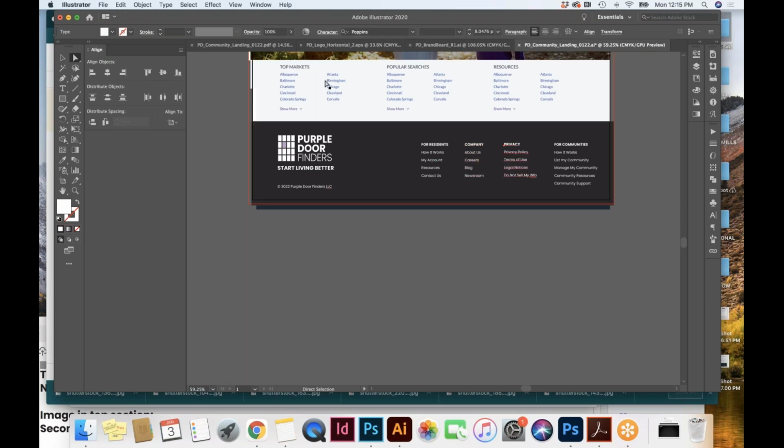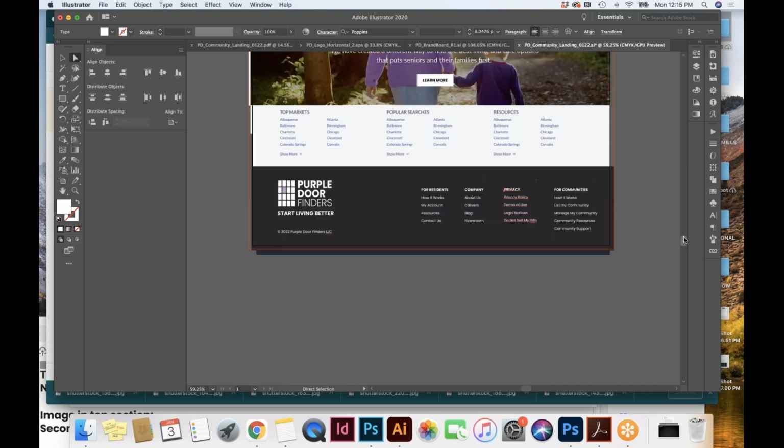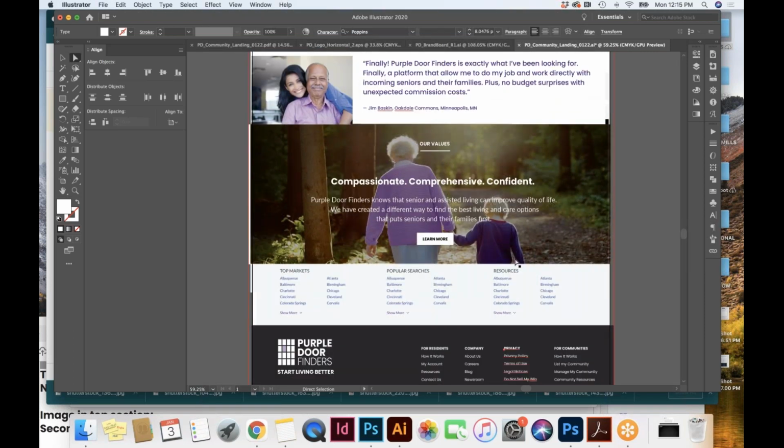My concern with this is the way that your eye moves on a page is a zigzag, right? So if I scroll down to the bottom of a page and I'm here, I'm going to go here, here, here, and I could miss residents. I could go to communities and just click how it works without being a resident. Good question. The majority of our traffic is going to be what? Residents or communities?